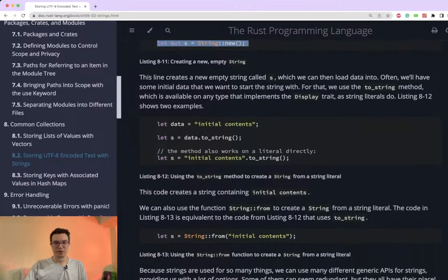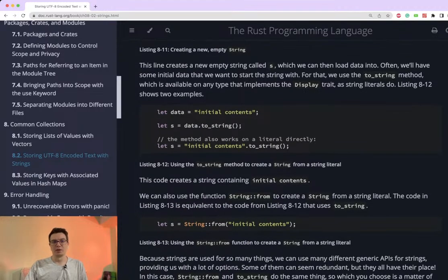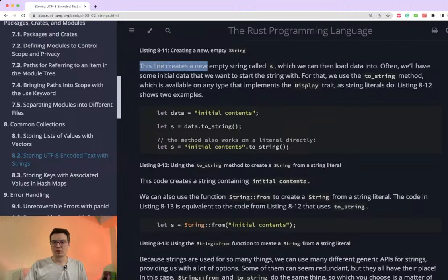But yeah, let's continue. This line creates a new empty string called s, which we can then load